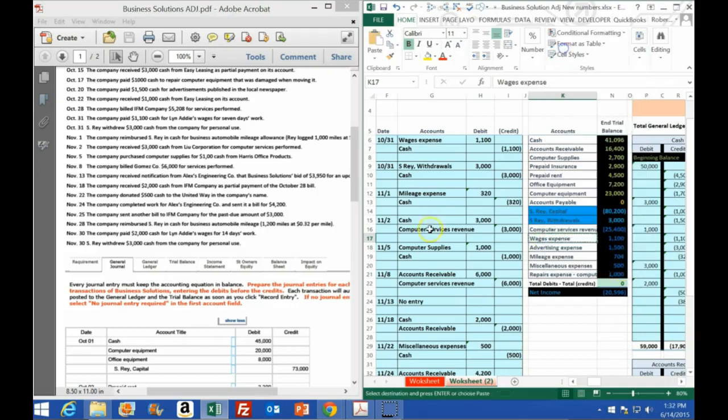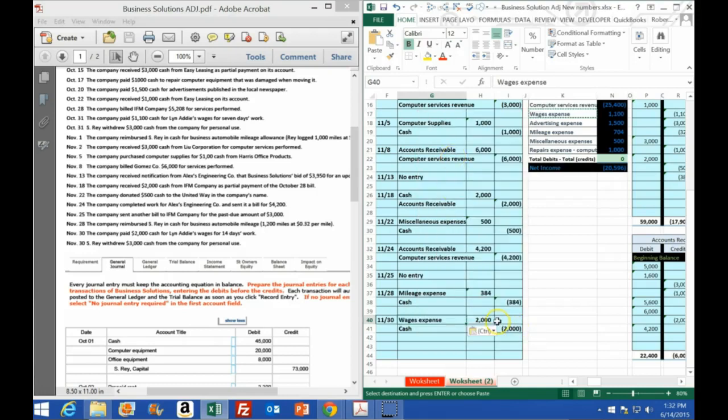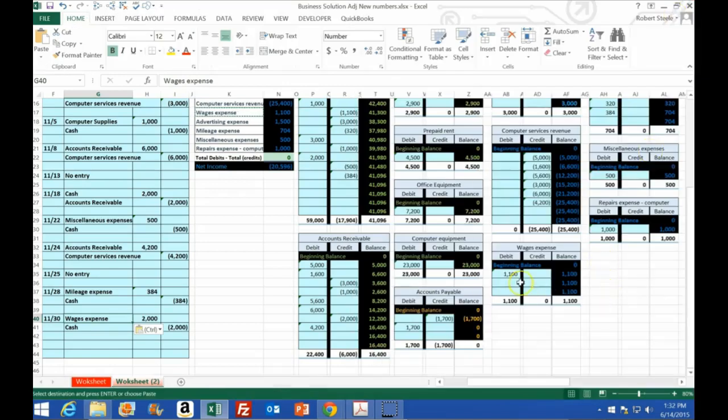Do the same thing to it, which in this case would be another debit. We already knew that because we had to credit cash. Therefore, we had to debit something. Let's post it out. So we're going to go up here to wages in cell AB36 equals the wages